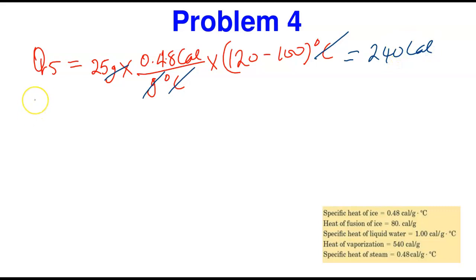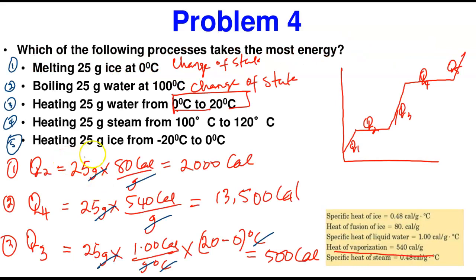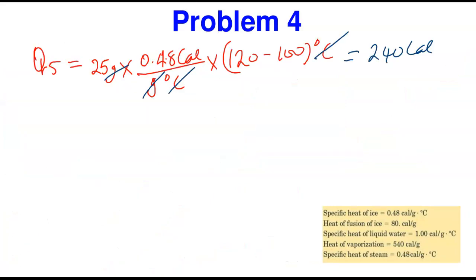That's what you get. And the last but not the least, let's see which stage that is. It is heating 25 grams of ice, so you're doing Q1. You're going from solid to liquid. That's what you're doing, and again, there's a change in temperature. So let's finish it up. Q1 is what we're going to calculate. It involves a change in temperature, so it will be mass. I didn't write the formula for that, so I'm just going to put it directly. It's going to be 25 grams times